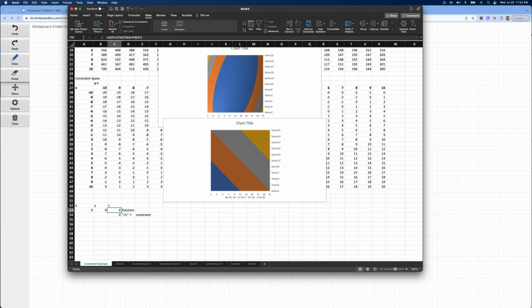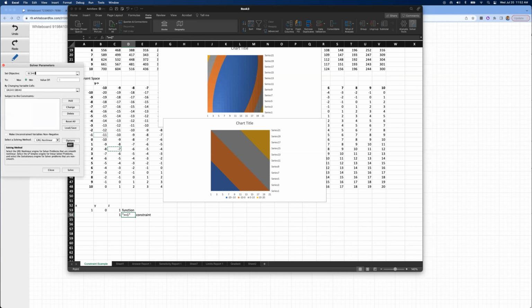Okay, so here's my function. That's the thing that I'm trying to minimize. This is my constraint here. I want that to be greater than 1. You can see that I'm violating that constraint right now. So let me initialize this at least in a place. If I make this 1, then at least I'm satisfying that constraint, right? Well, greater than, I guess we'll probably do greater than or equal to 1. Okay, so now let's let Excel solve this.